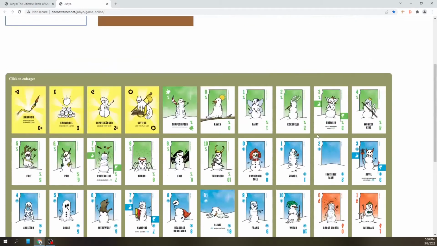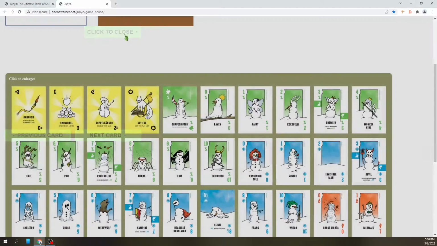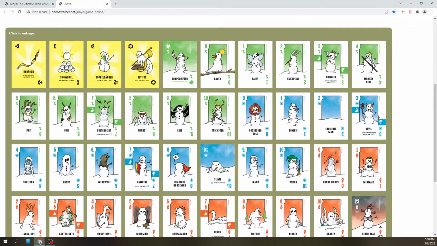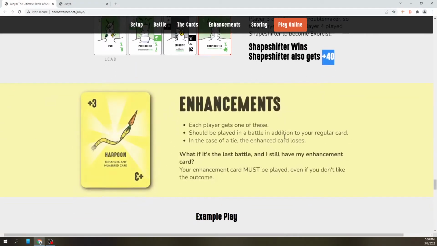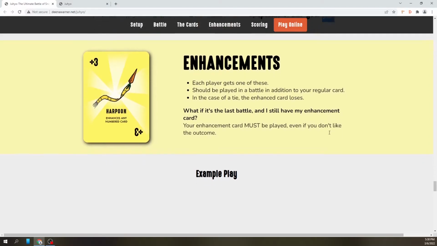I know this is a really complicated game, and there's one more thing I got to tell you about. It's these four cards. These are called enhancements. So after all these cards have been dealt out, players 1 through 4, each person gets one enhancement, and they can do special things to the gameplay. When you get down to the very last card within the 13 battles that happen, if you have an enhancement left in your hand, you have to play it on your card no matter what the consequences. So it's to your benefit to try to control the timing of it and do it earlier.